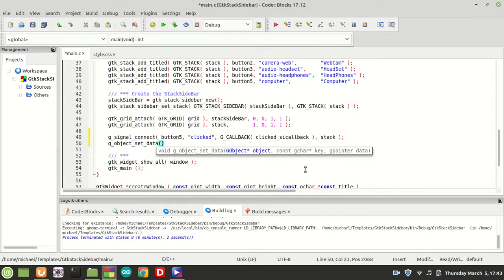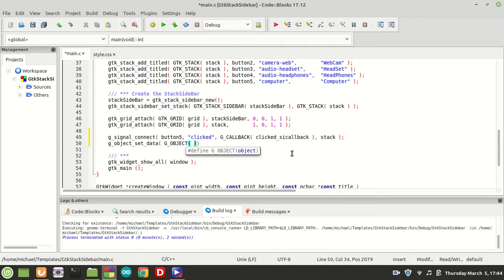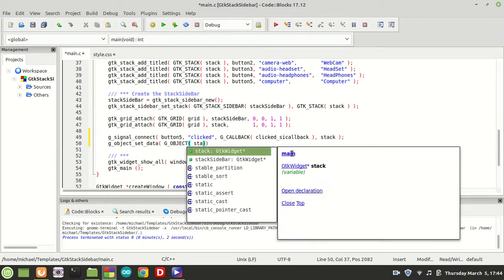It's not important where, but me, I do it right here. And of course we need the G object. It is very important. You need to cast, you need really to cast to G object, your object. And then we pass the stack. And we say now